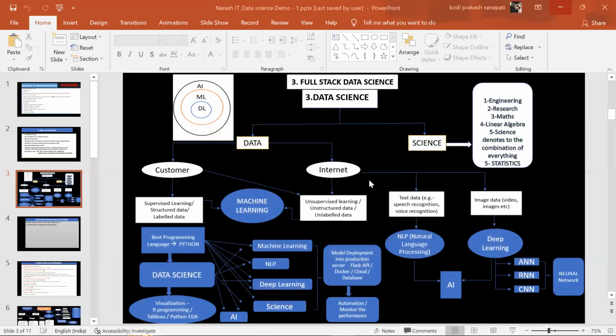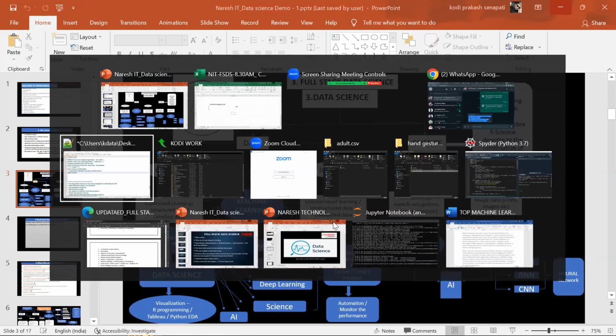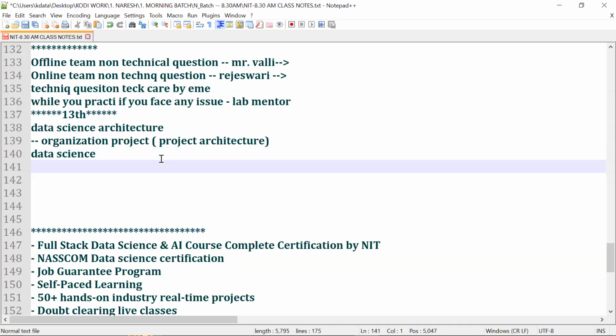And what type of data is generated from the internet? Like when you talk with each other on WhatsApp, we text everyone. Instagram messages, Twitter tweets, those kinds of data we call unstructured data. Entire websites are created from XML articles, so XML articles are unstructured data. We also discussed that structured data equals supervised learning equals labeled data.